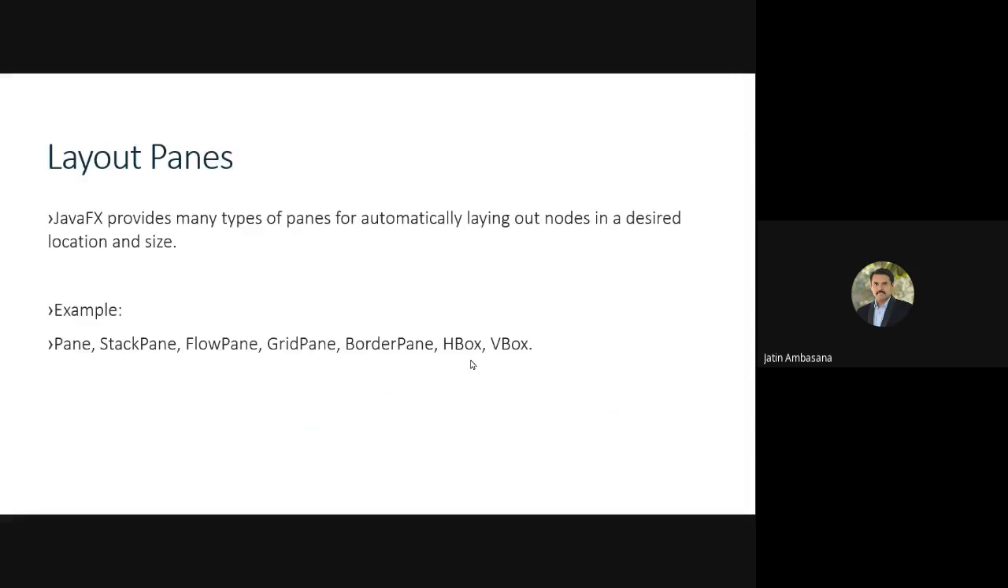Now there are layout panes. There are many types of panes for automatically laying out the nodes in a desired location and size. For example, if you want a simple layout, where you want all the elements to be put in sequence like this,